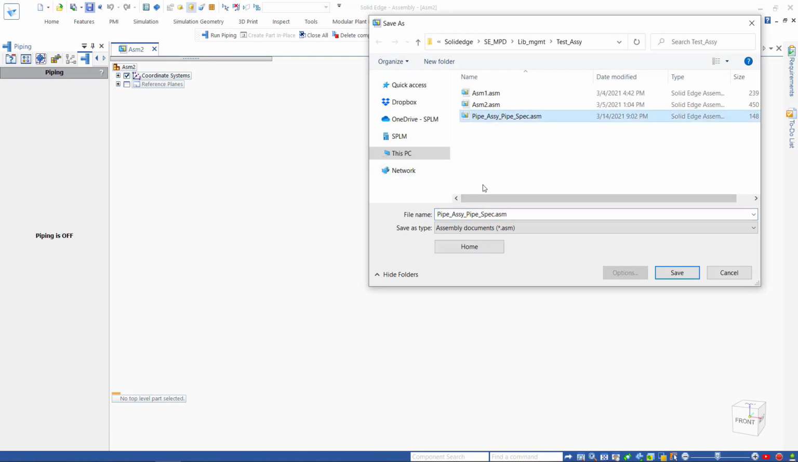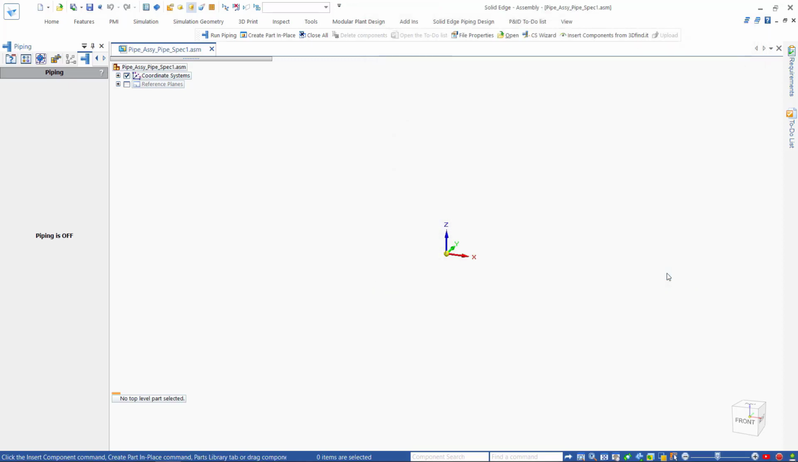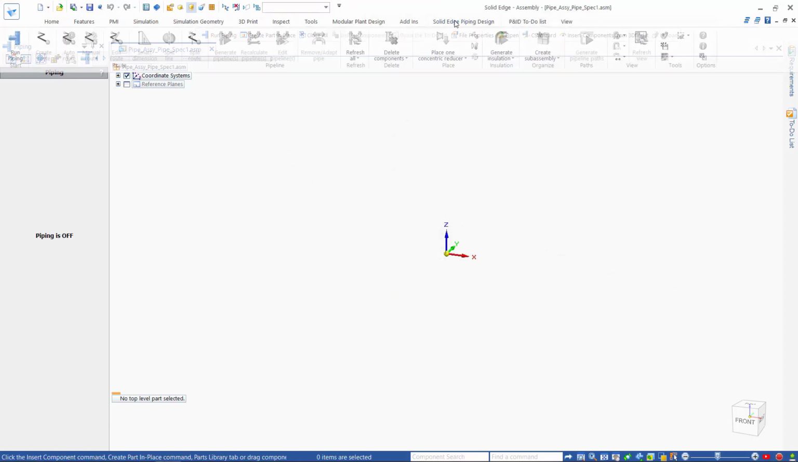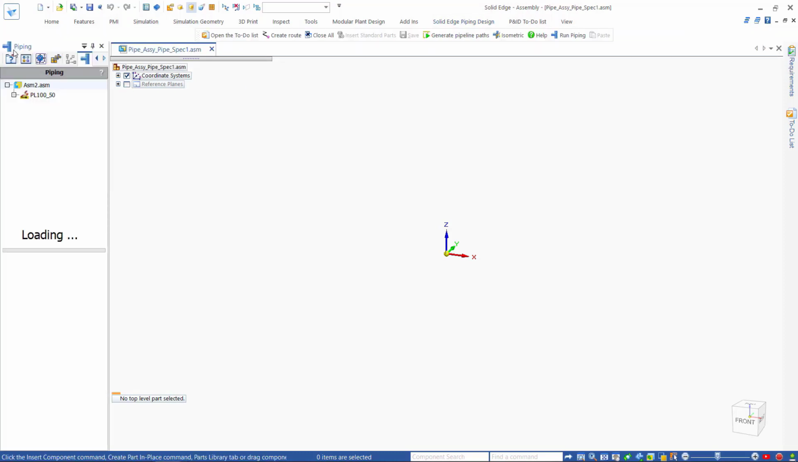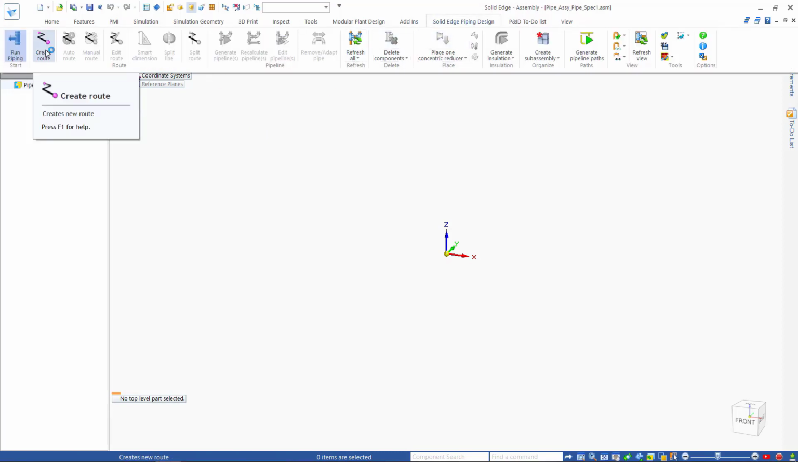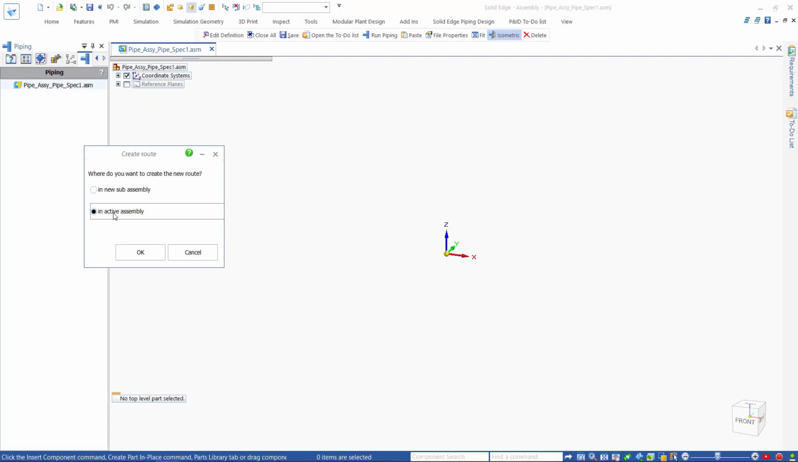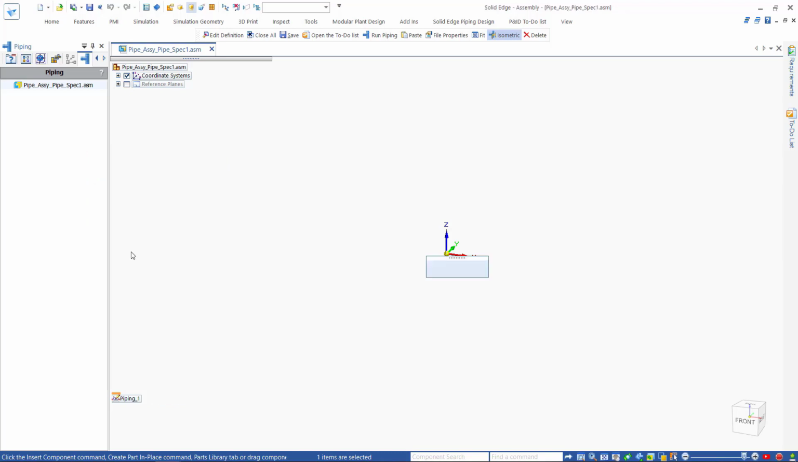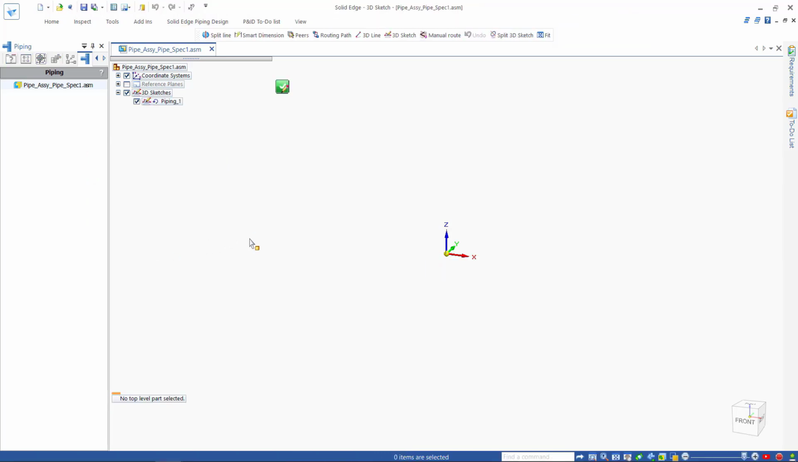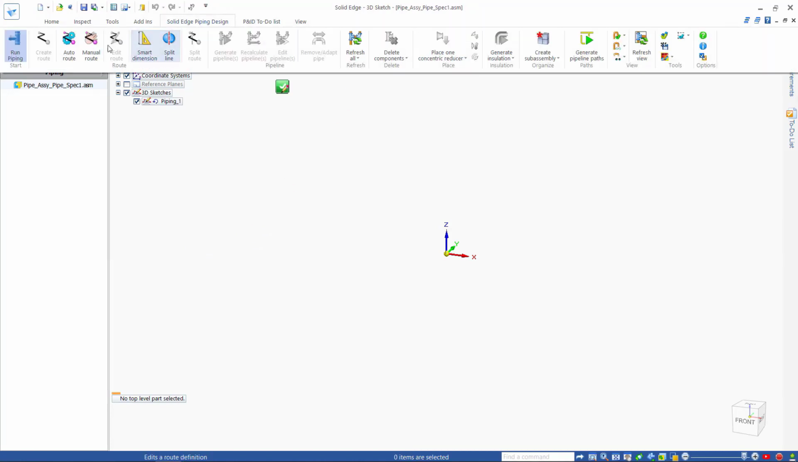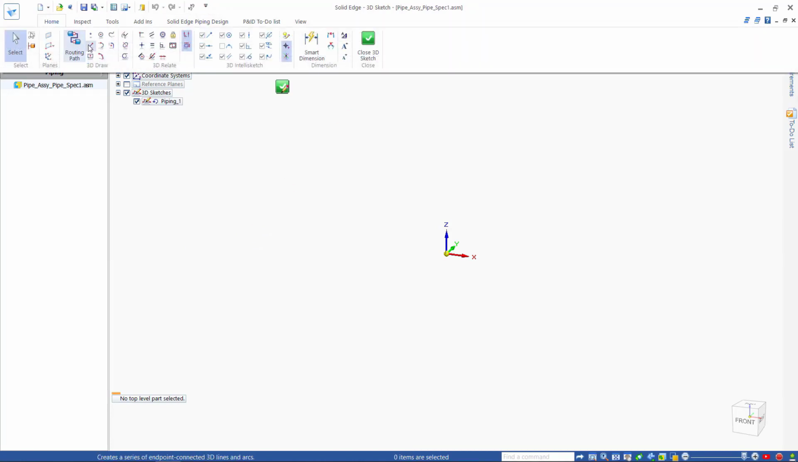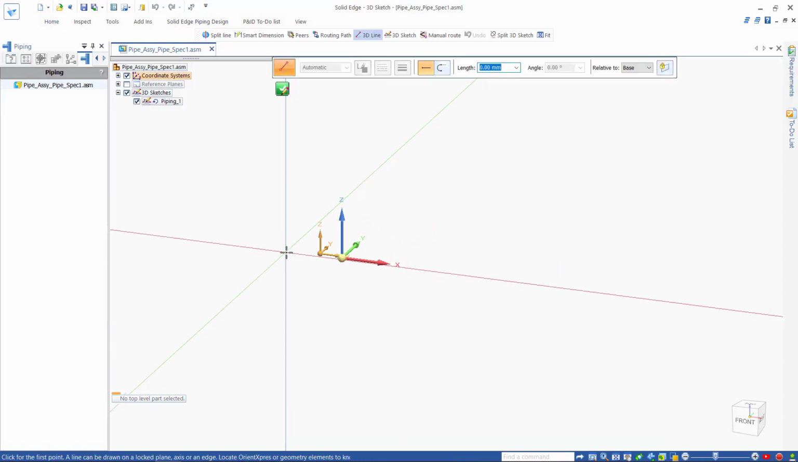We have already created the pipe specification. Let's create an assembly in Solid Edge and save it before continuing. Start the piping application using Run Piping option. Use Create Route feature and select Inactive Assembly option. Now, with Routing Path Line option, create a sketch